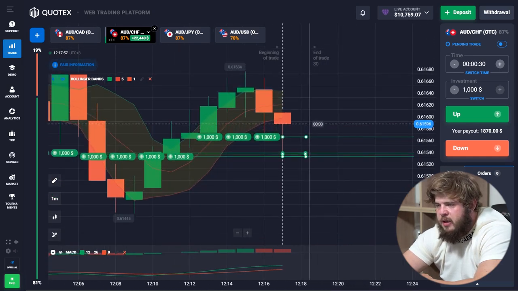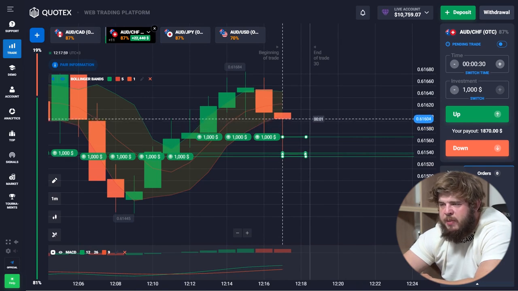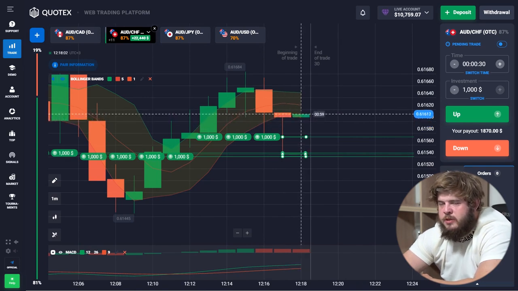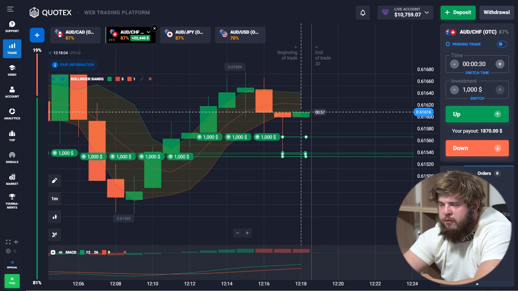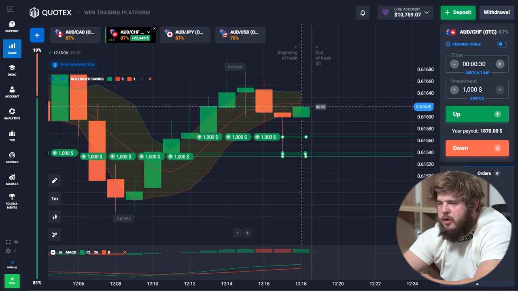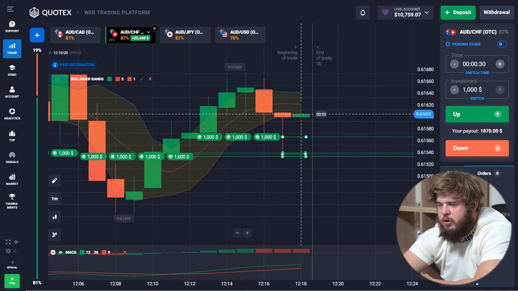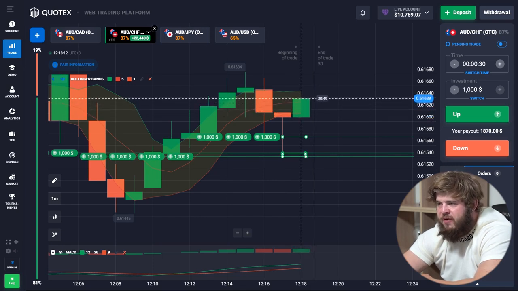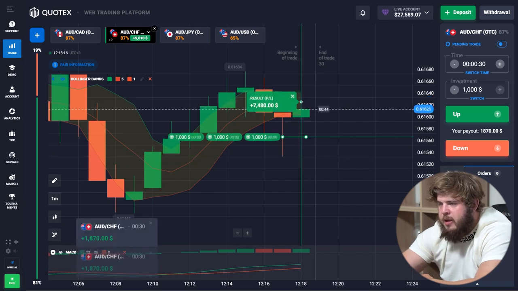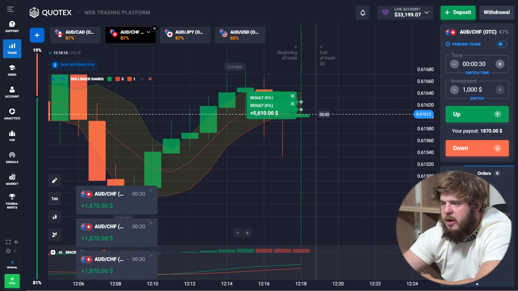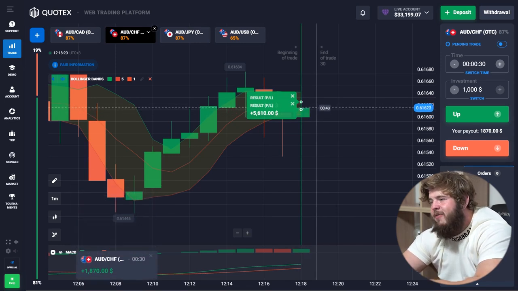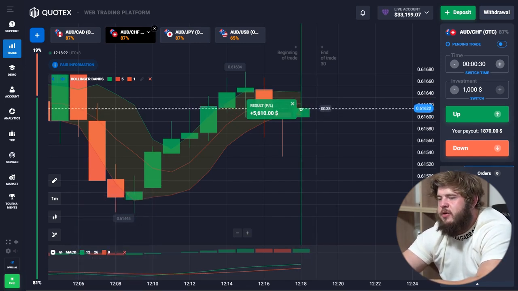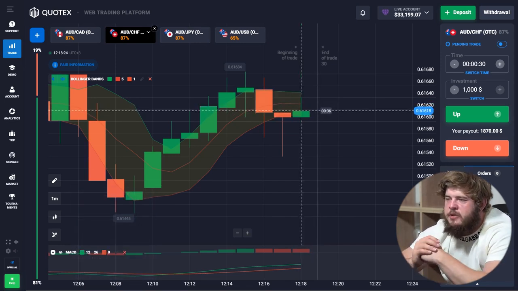So in such a situation, you should not panic. If one trade wasn't successful, you just need to be focused and you need to understand what you're going to do. You need to always be sure in your actions, otherwise you will fail. For example, I'm sure in what I'm doing, and yes, this brings money to me. Okay guys, fantastic, $33,000 in our account, guys.